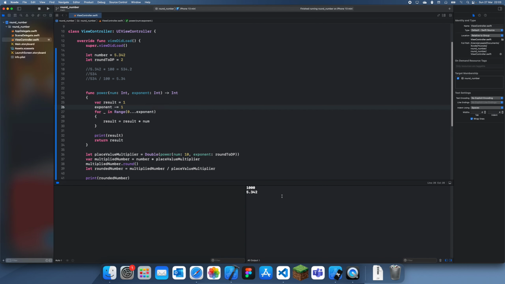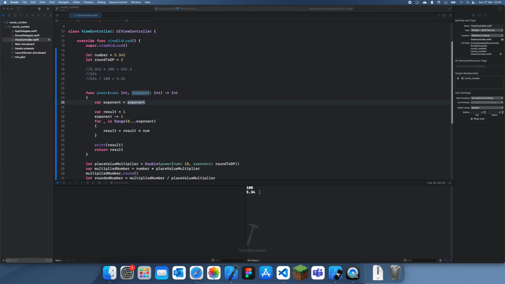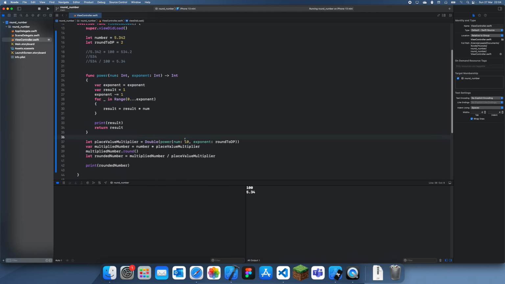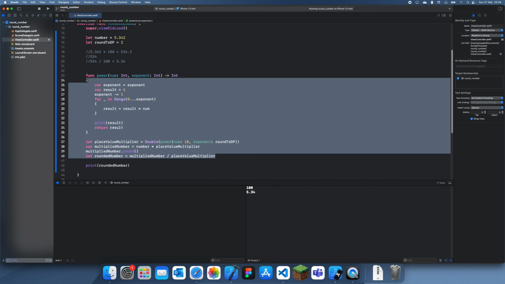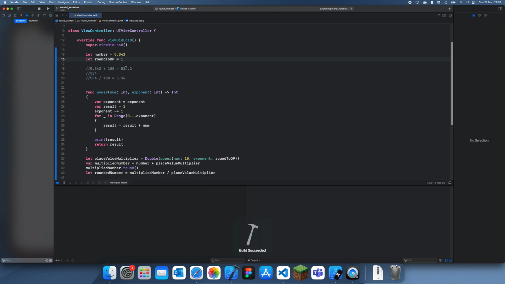I'm sure there's a better way of doing it, but exponent equals exponent minus 1, just so I can modify it. Okay, finally we have the right thing. Okay, so I know there's a better way of doing it, but I'm just going to leave it like that. So now what we have is our rounding to decimal places function. So if I want 1 decimal place, if I just make that 1, now we should get